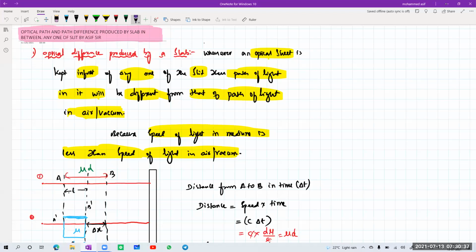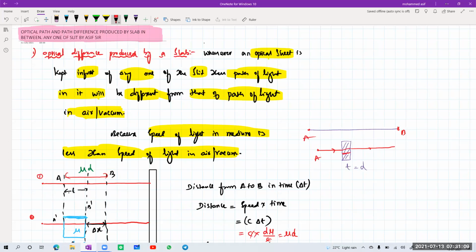ఎందుకని ఒక vacuum light లో వెళ్ళిపోతుంటే ఇదే రే ఆఫ్ లైట్ ని మనం ఒక థిన్ షీట్ పెట్టామనుకోండి మధ్యలో ఆఫ్ థిక్నెస్ ఆఫ్ యువర్ టీ, దీని థిక్నెస్ వచ్చేసి టీ అనుకుందాం, ఆర్ థిక్నెస్ ఇస్ ఈక్వల్స్ టు డి అనుకుందాం. The moment the ray is entering into this one right now, what is happening? It has to travel this extra distance, then again it has to come out like this. By the time A has reached B, the A might have reached only a little bit lesser distance, because it has to travel this extra distance.